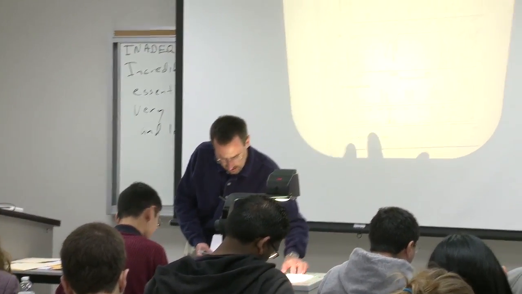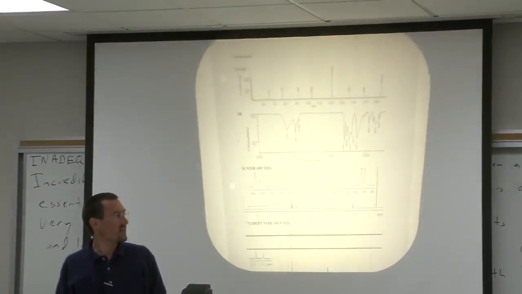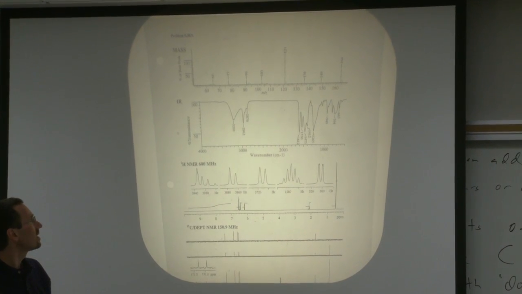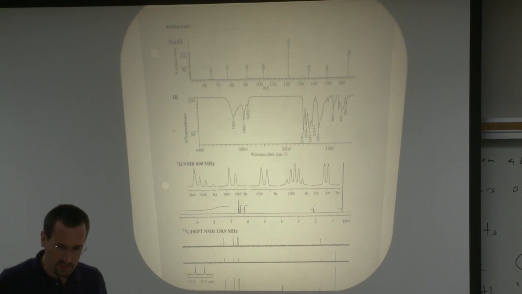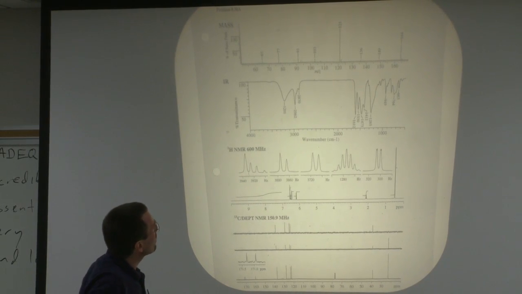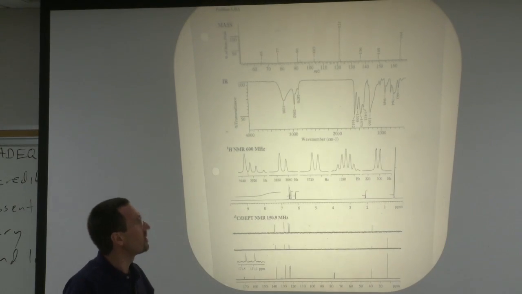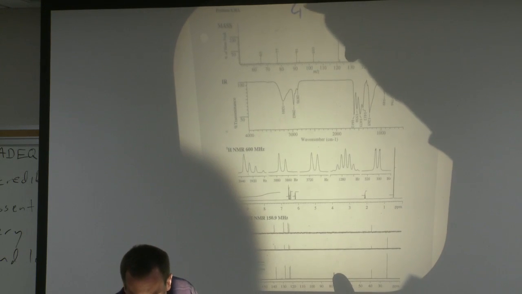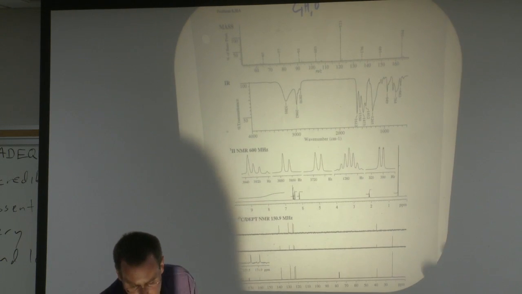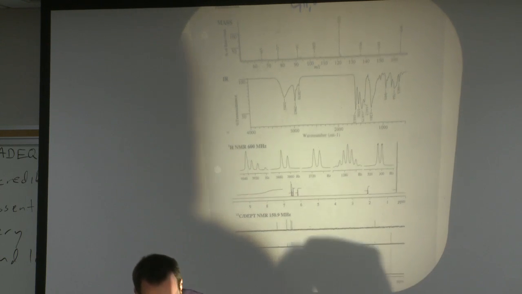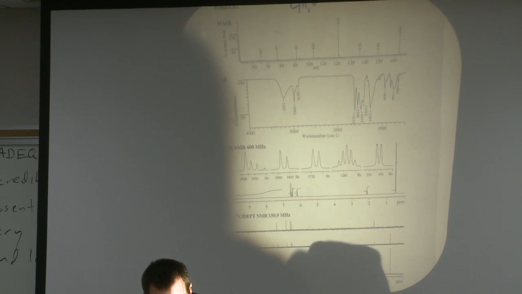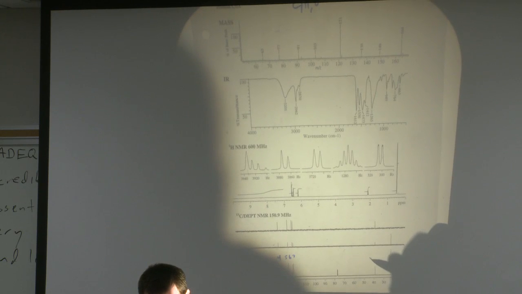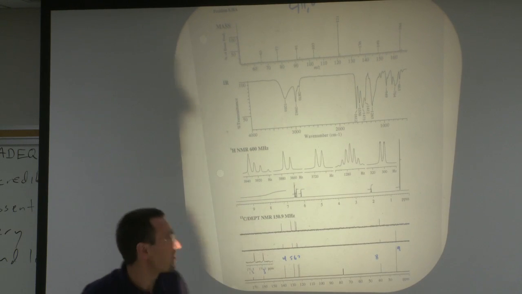All right, so this is one of the problems from the problem set. And if you look at this, I want to keep this fun for you. You get a low-res mass spec. You're going to be able to basically infer the molecular formula. It's just a carbon, hydrogen, oxygen compound. There are 9 resonances in the C13 NMR,